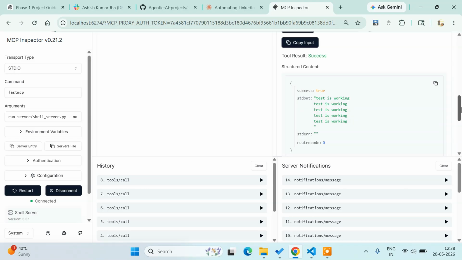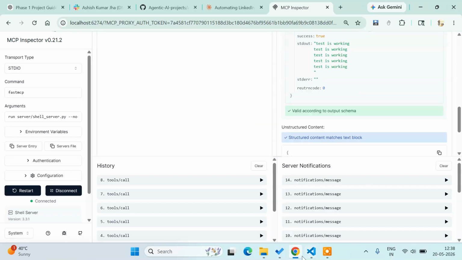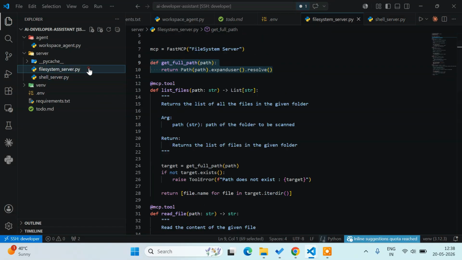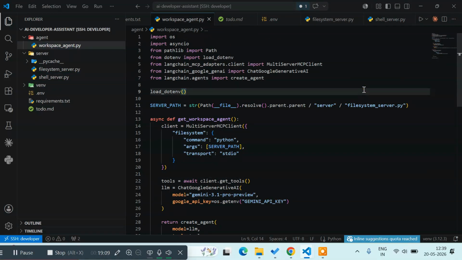Perfect. Now we are able to create an MCP server which is actually running commands, getting your working directory and able to run Python files. Perfect. Now we can just add it to our system. So I don't need this test file anymore. I'll delete it. Now, since we have a cell server ready, we can just add it to our workspace agent. So let's do it. Now for that, what you have to do? First of all,